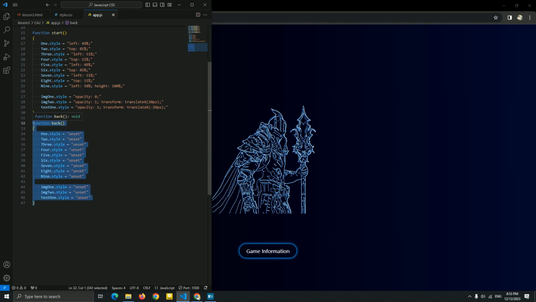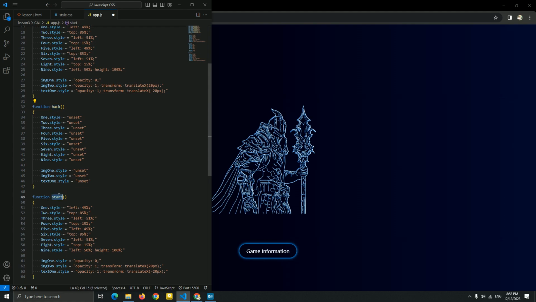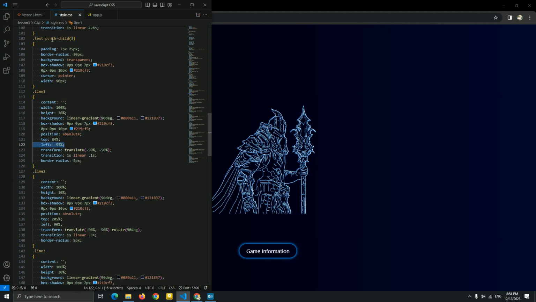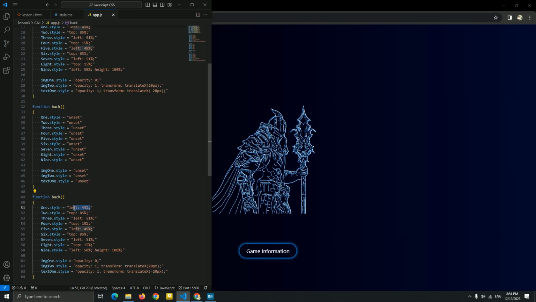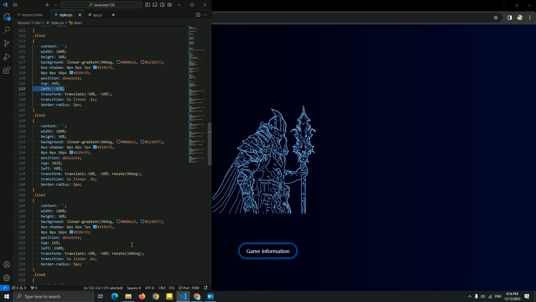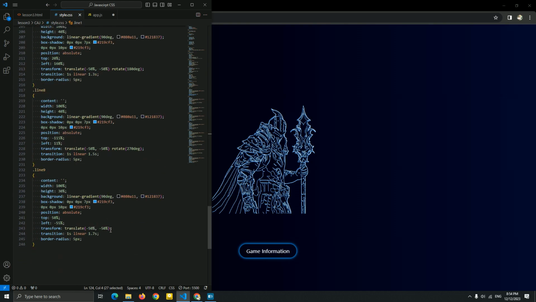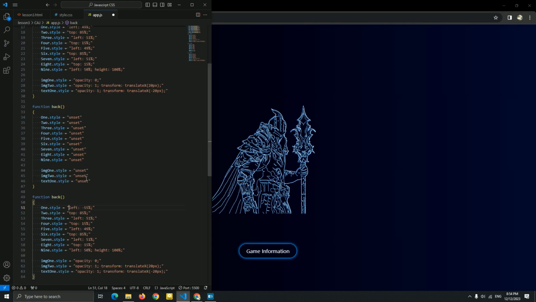So for the next way, you just copy this and paste it here, and let me add a back option. This is one of the styles after this left. You just go to this line 1 here, copy this, and paste it there. Very simple. And instead of this transition, instead of the 3 transition, I'm gonna add the transition of the 9 to get a better effect when you go back to the same style.